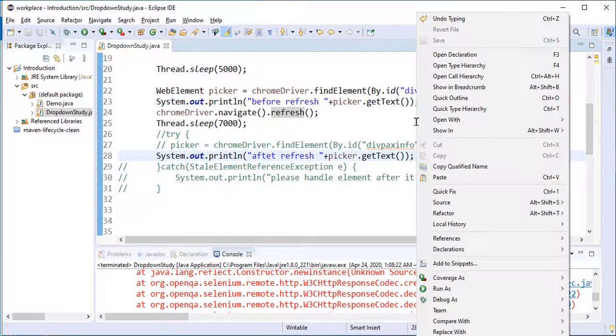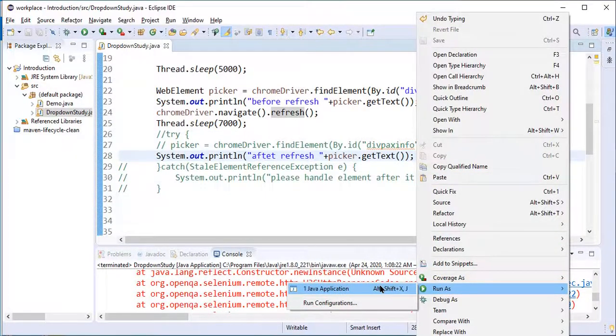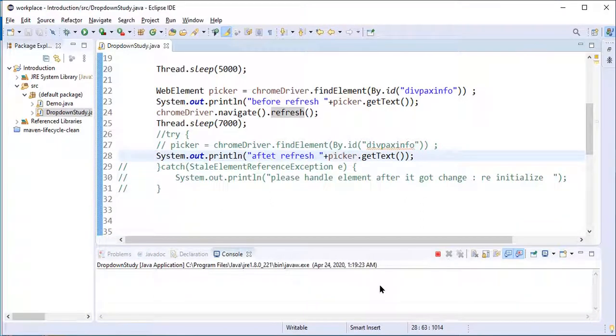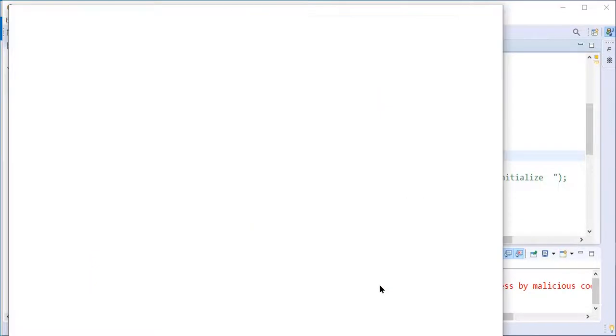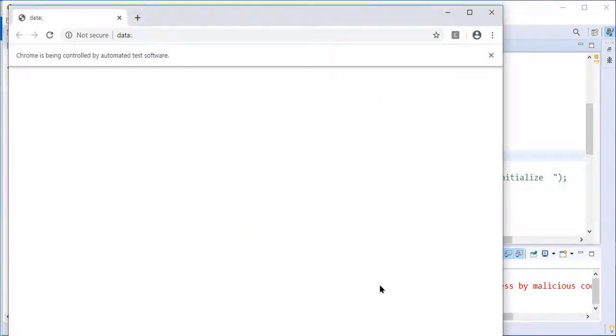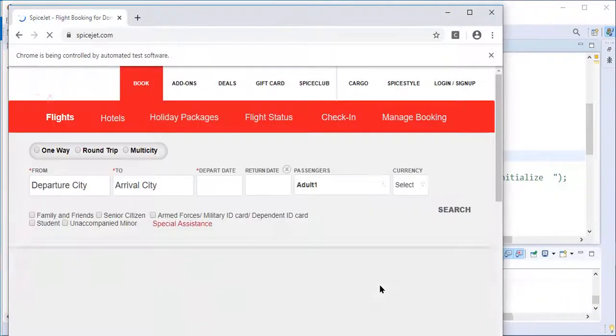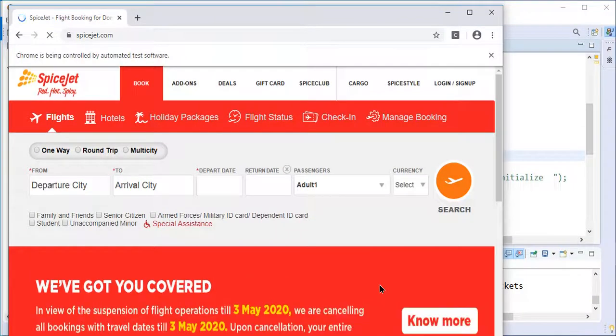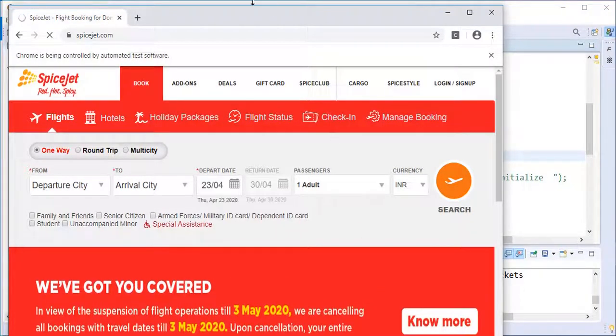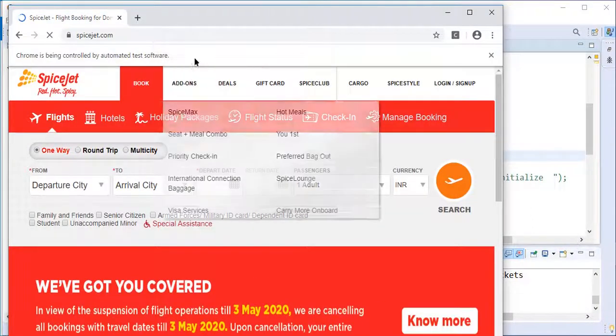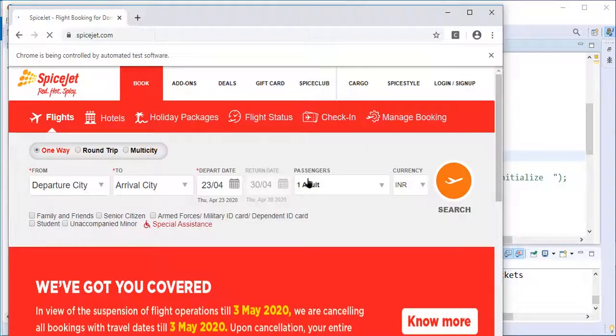I will just run this program and we will see if it really happens. Sometimes it doesn't happen, for example when the page isn't refreshed, and the object works. But if you get this error, you need to understand that your old pointing variable reference is not working. The application has launched, and I have taken the element for this passenger.